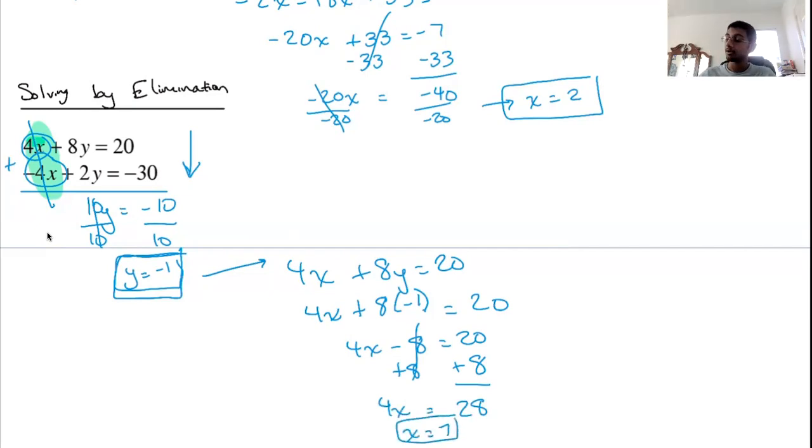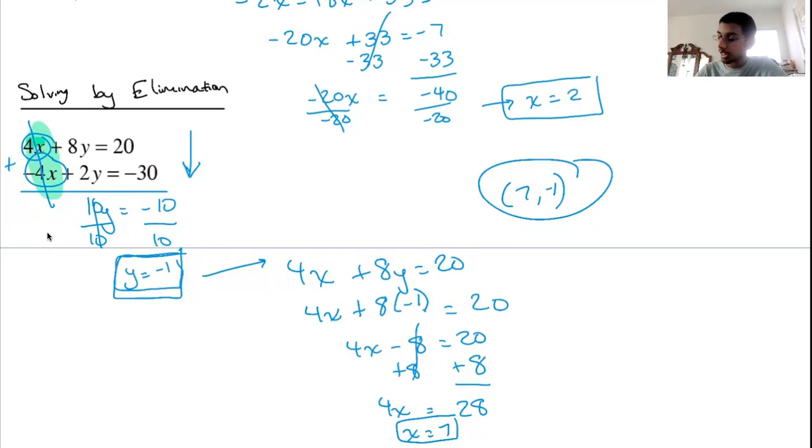Right? So now we know the answer to this equation would be 7 comma negative 1. That is all you do. So as I was saying, it may not be this easy to do in the future. So in this kind of scenario, you may have to actually multiply one of the coefficients so they could cancel